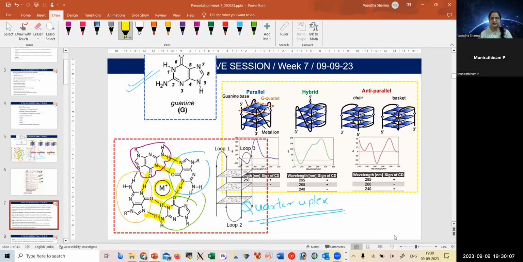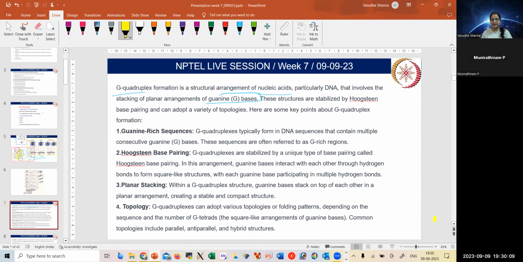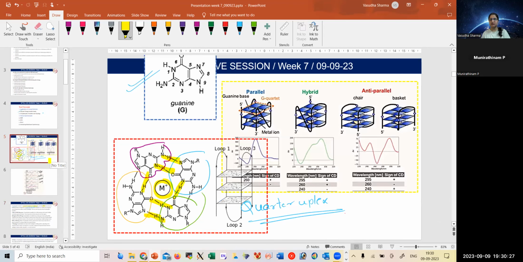As a simple definition, these are structural arrangements of nucleic acids such as DNA. Since we were taking a lot of examples from biology where CD spectrum is helpful, we are understanding how DNA has guanine bases and how their arrangement looks. Their arrangement looks like this, where because of the hydrogen interaction, they get connected to each other. Now the main point over here is